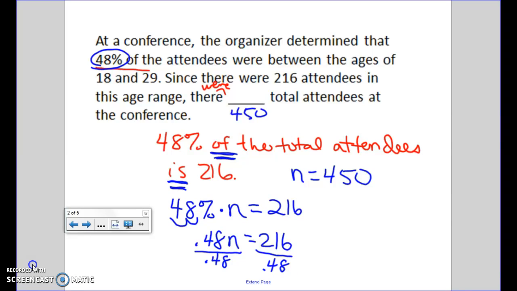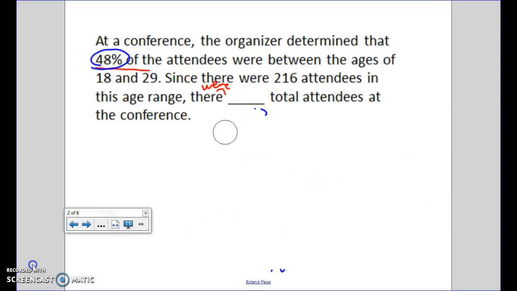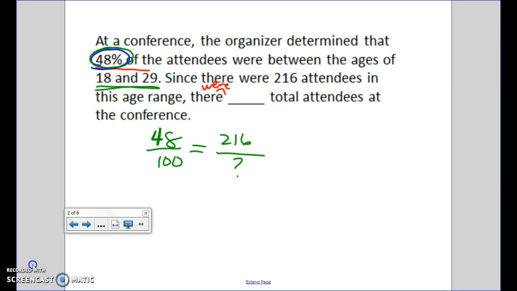Now I'm going to erase what I have here, so I hope you wrote that down. Pause it if you did not. And what I'm going to do this time is I'm going to solve using a proportion, okay? And so to solve using a proportion, what I'm going to start with is the percent I know. I know that if I represent 48 out of 100, I can compare it to, this 48% represents how many were between these ages. I know that so 48 for every 100 should equal 216 out of however many we're